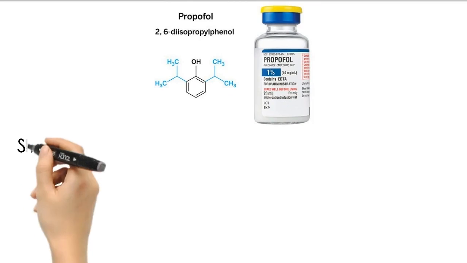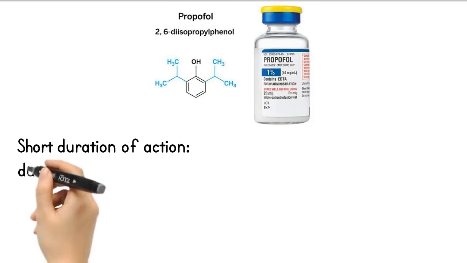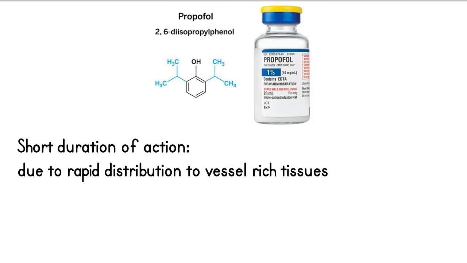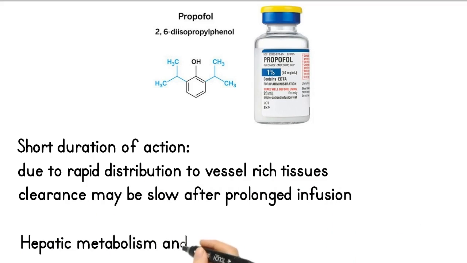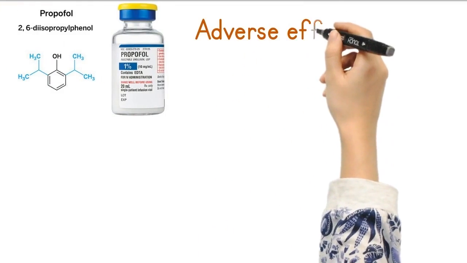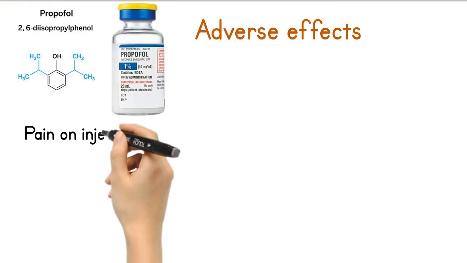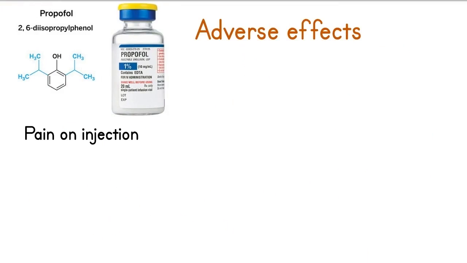Propofol has a short duration of action due to its rapid distribution to vessel-rich tissues. Clearance may be slow after prolonged infusion as it accumulates in body fat. Propofol is metabolized in the liver and metabolites are cleared by the kidneys. Pain on injection is common with Propofol and can be minimized by using a big vein and running a drip